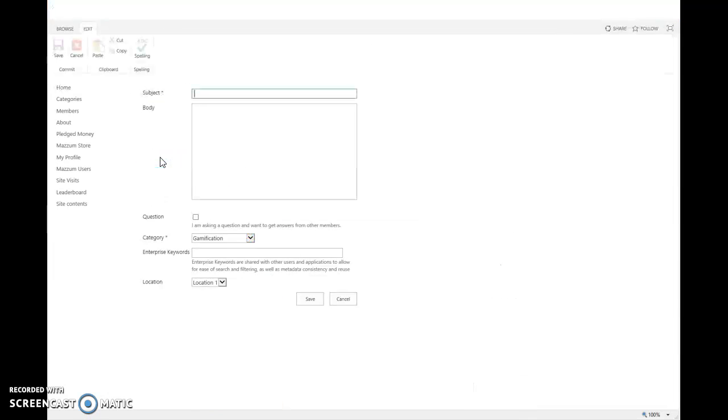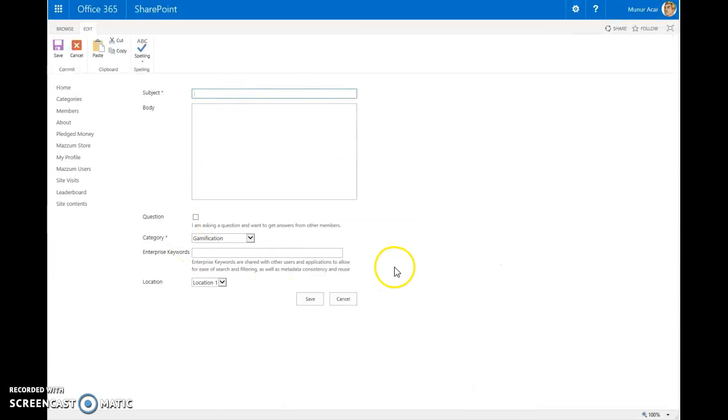Click on the new ID, and this is the ID form. This is a SharePoint form, and this means you can modify the form the way you need by adding in the list settings additional fields with the corresponding values, or you can just modify the values which come with the solution. So this is a big advantage of Mazzum, that it uses the out-of-the-box SharePoint and Office 365 features in